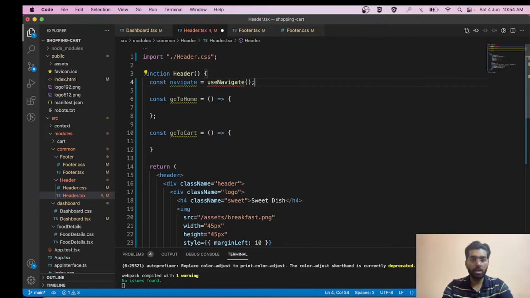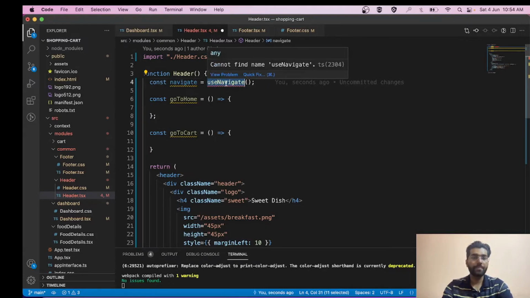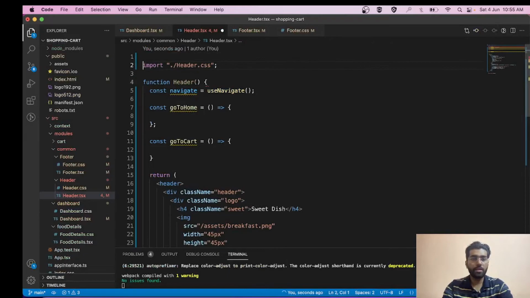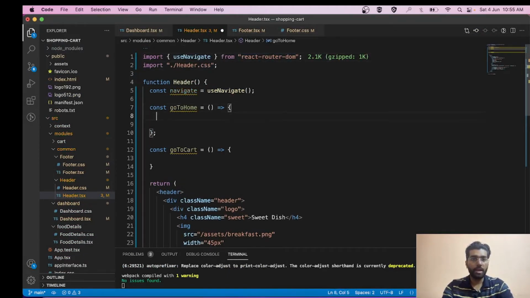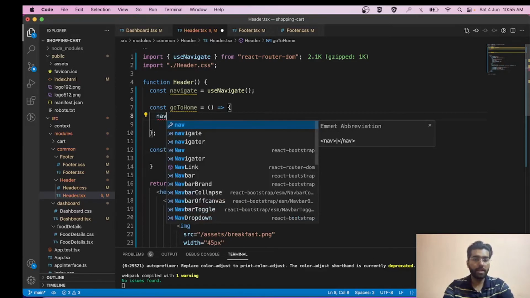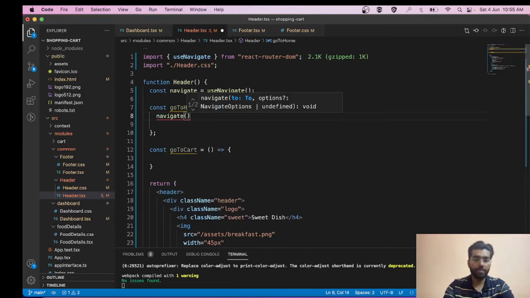Let's use navigate. Okay, so it's giving us an error because it cannot find this useNavigate. Let's import it. So you can find useNavigate inside React Router DOM, and over here what we need to do is navigate to dashboard, and over here we will be navigating to the cart page.